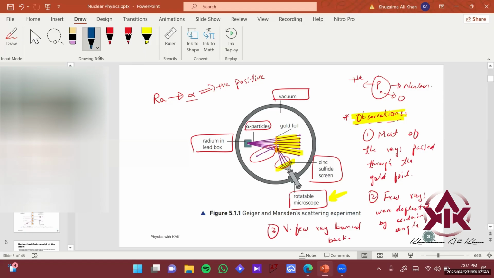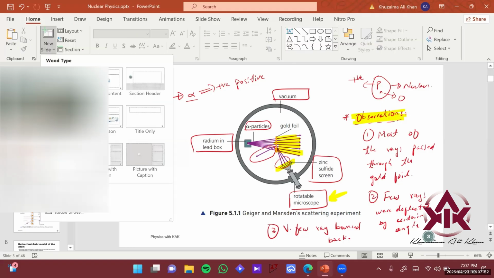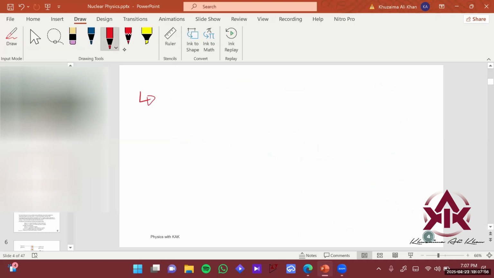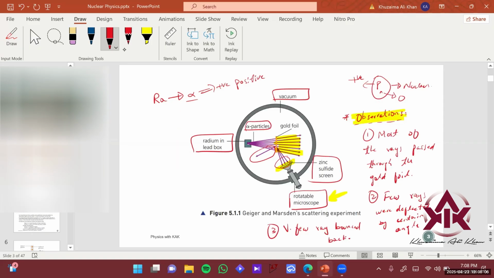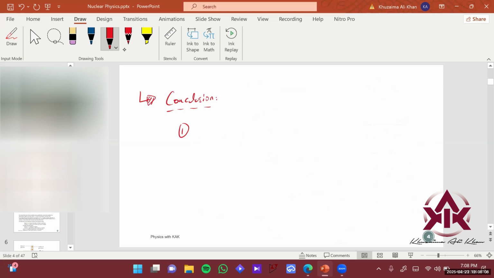So by just observing this, we can also conclude something over here, right? We can deduce what is happening and why it is happening, right? So we have done the experiment. Now we know what is happening over here. Now it's time to conclude, right? What is the result over here? Why is it happening, right? So the conclusion for the first one is that you can see that most of the rays pass through. That means that the nucleus